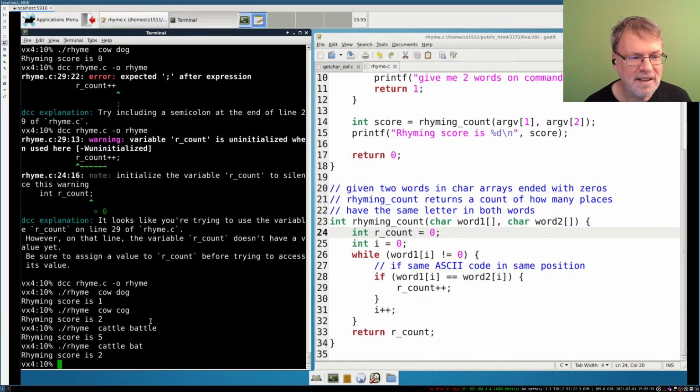Hey, it's not meant to do that. Surely there's an error there. DCC's not picking it up. That's weird. So that's